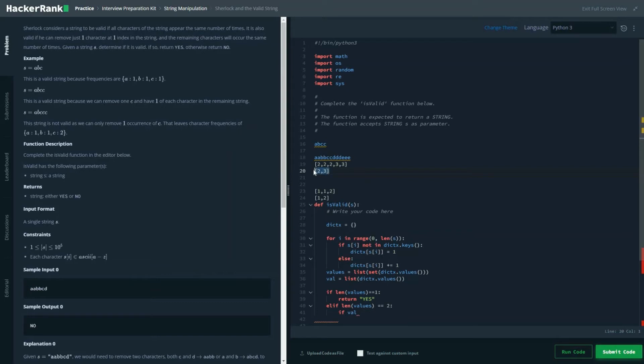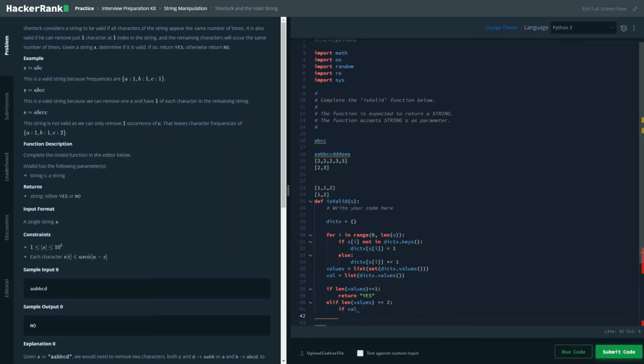Here it is correct, but the issue is that now we would be counting how many times 2 was present. So here 2 was present 3 times and 3 was present 2 times. So we could clearly say that even if you remove one character from 3 and make it 2, the other 3 would still be 3. So that is not possible. So here you'd be checking whether both of those set values contain more than one occurrence or not.